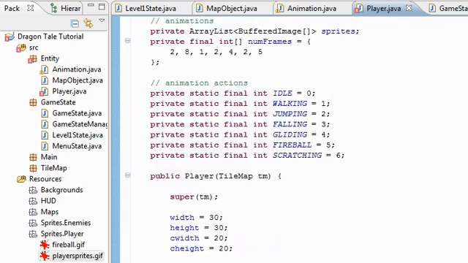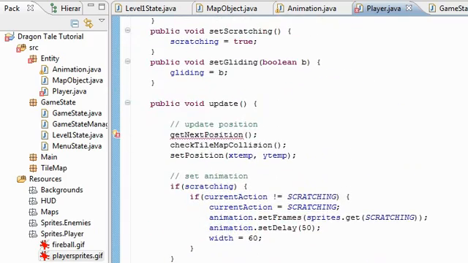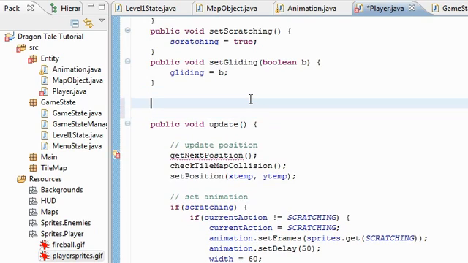So that's that. We do have an error here. Get next position doesn't exist, so we're going to do that right now, and this will be the final function that we need for player for now. So we'll do that right now. Up here above update, we can actually create it. So private void getNextPosition,